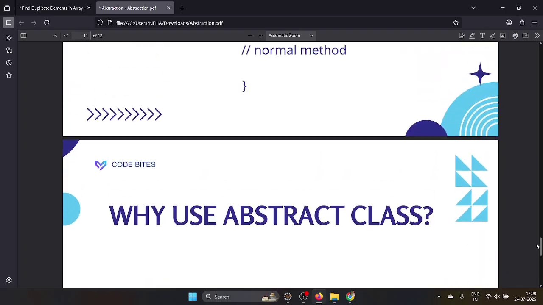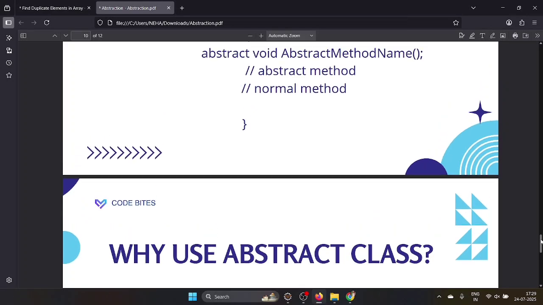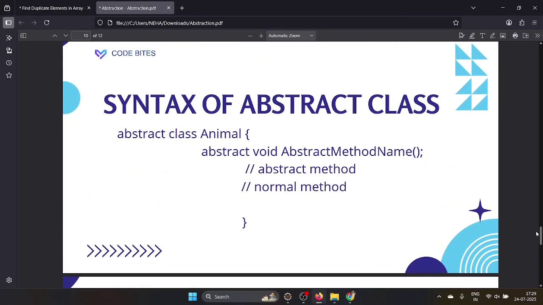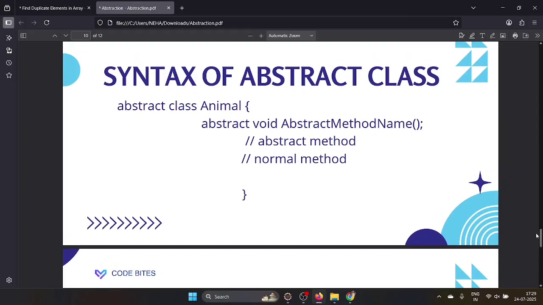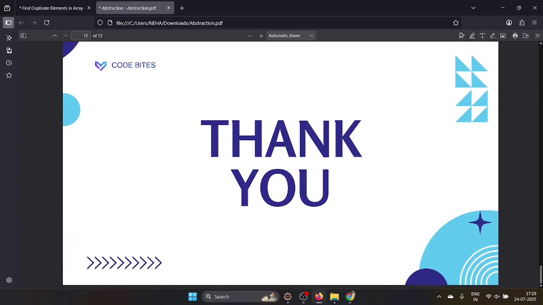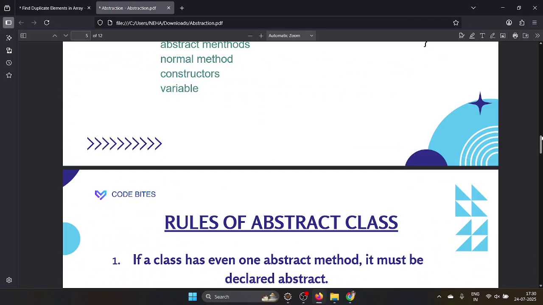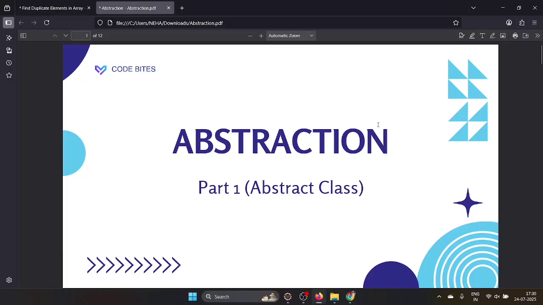And we understood the coding part also, right? In the coding part we understood two examples, using the animal classes and the vehicle classes. And in the real world you can remember the phone, the car, and the ATM also. That is about abstract classes, part 1. In part 2 we will understand how we can achieve abstraction using the interface concepts. So see you in the next